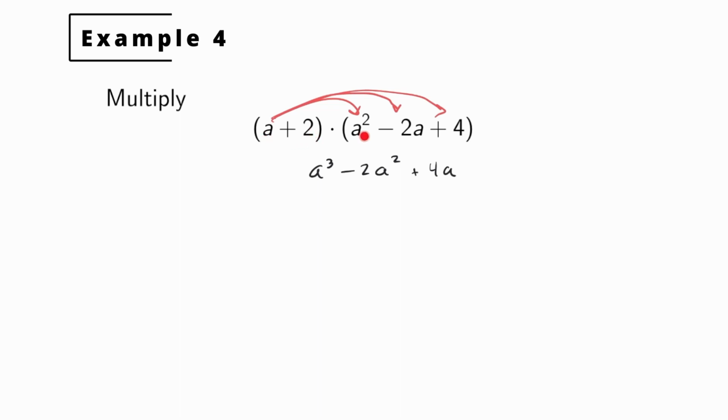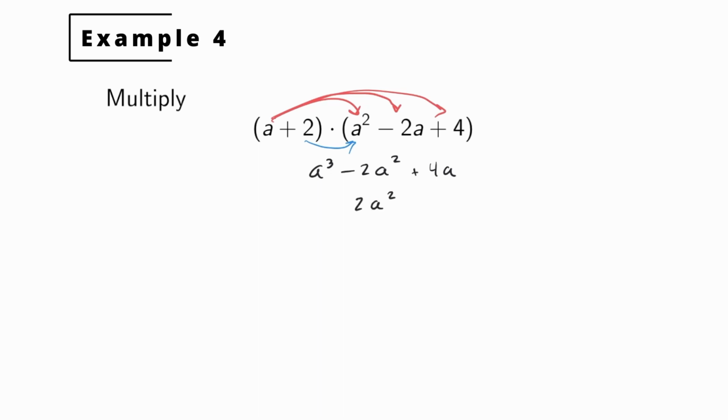Okay, when we do 2 times each of these, write them below, but write them one term to the right. You'll see what I mean here. You don't have to do this, by the way. I think it makes it easier. So we have 2 times a squared. That's going to give us 2a squared. But instead of writing it underneath a cubed, I'm going to write it one to the right. So it's going to be